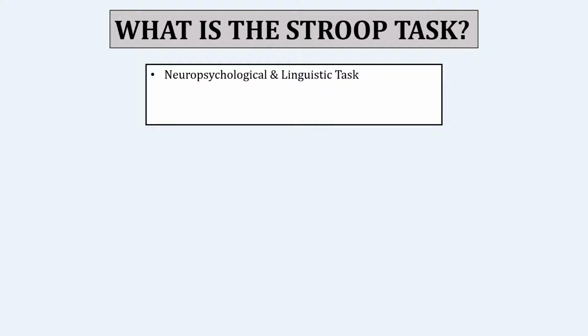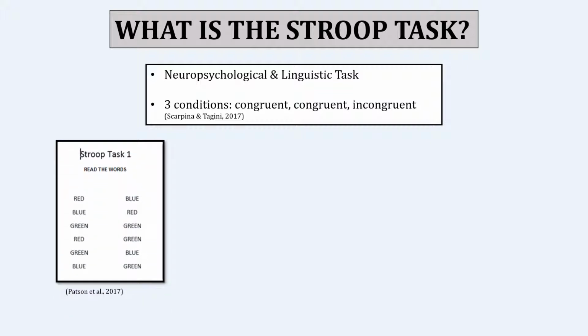The most common variation of the Stroop test is known as the Stroop color word task. In this test, participants in a study are presented 3 tables. 2 of these tables represent congruent conditions, in which subjects are required to read aloud either color words, which are written in black ink, which can be seen in task 1, or to name a patch of color as seen